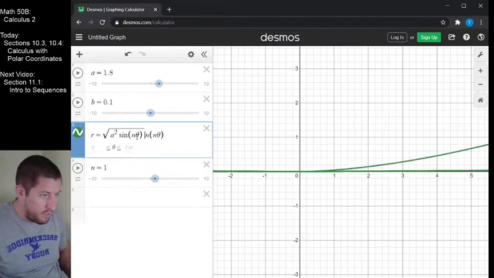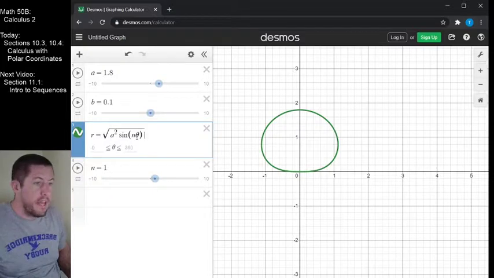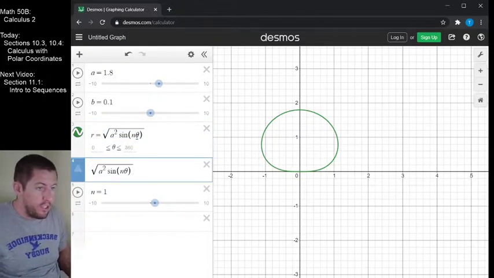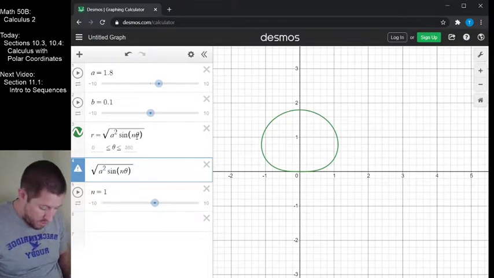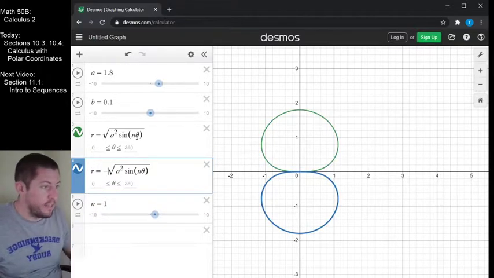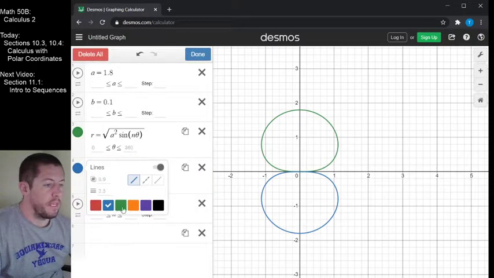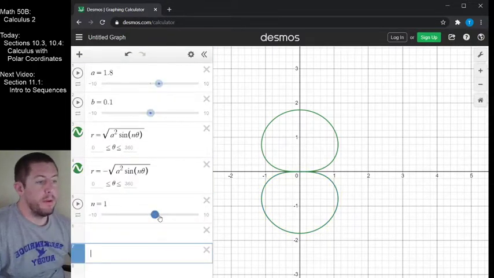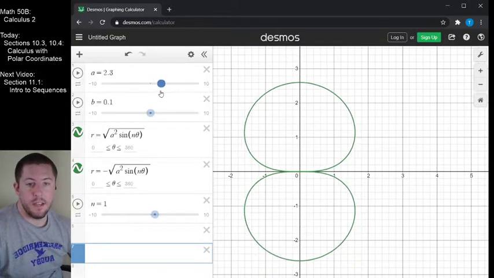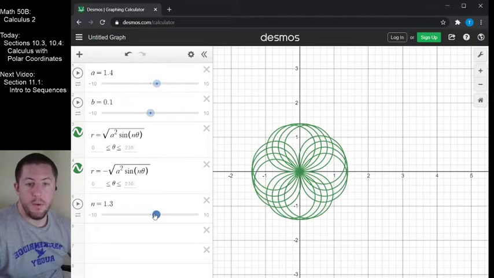And then I'll delete all these terms right here. And it certainly could be the case that we would get the negatives of these as well. So I'm thinking that this should be R equals plus or minus on this thing right here. So I am thinking that these should be sort of like buddied graphs right there. And what we can see, again, is that we've got this parameter of A that's controlling some stuff, which seems to be like sizing. And we've got this parameter,